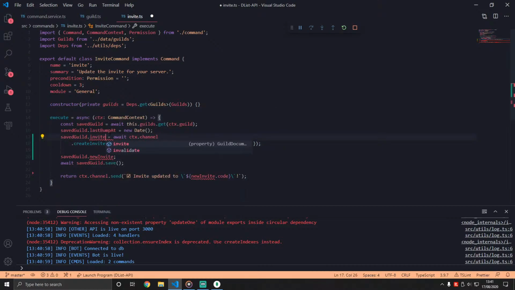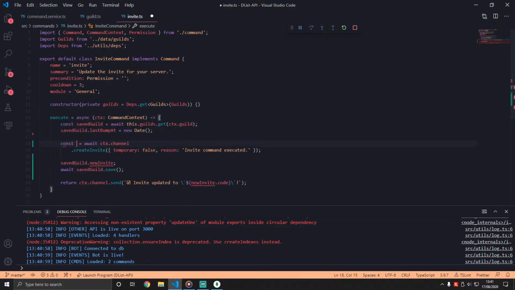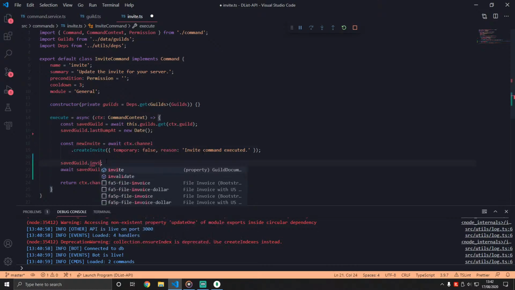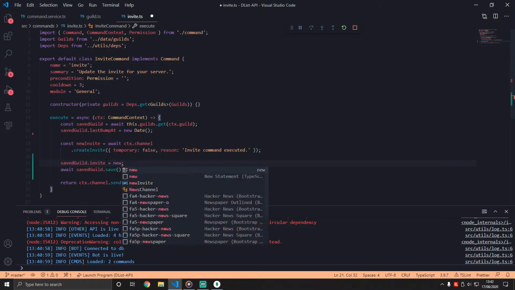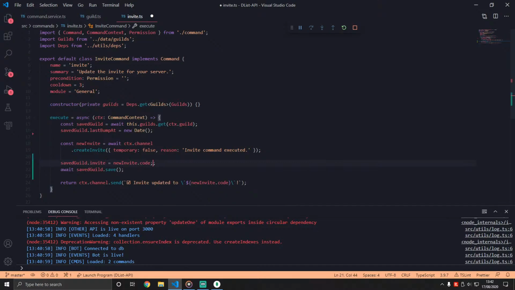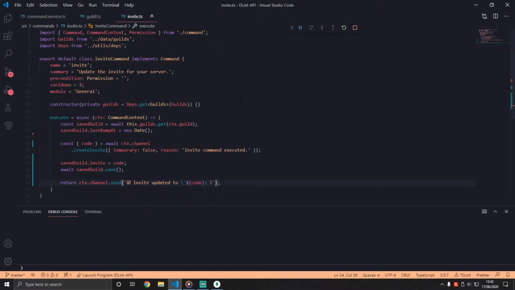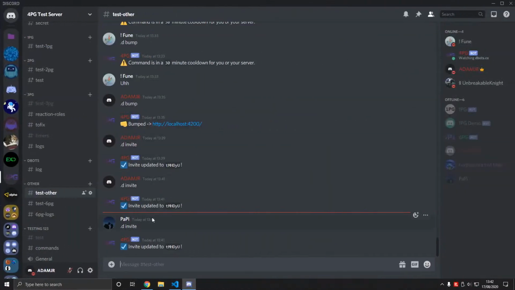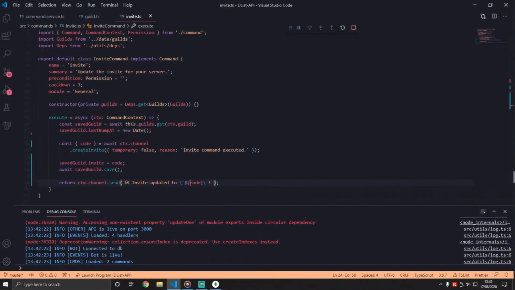Property or invite. Okay, I'm gonna new invite. So invite equals new invite dot code. And then we save it so it equals code. So now when we type d-invite,